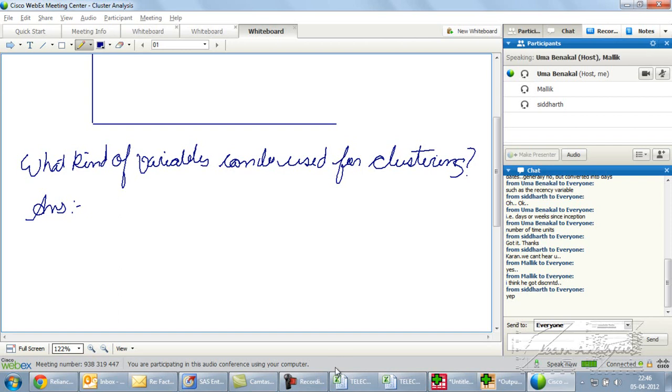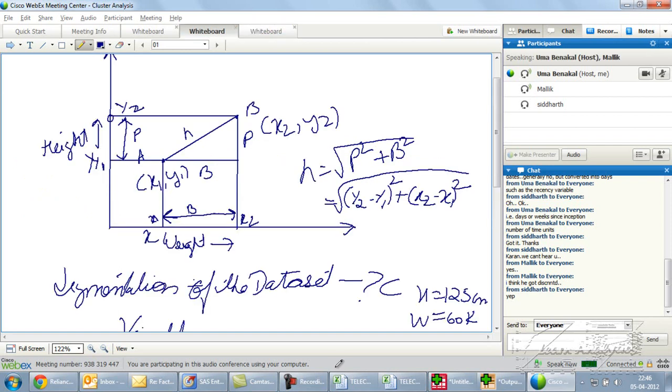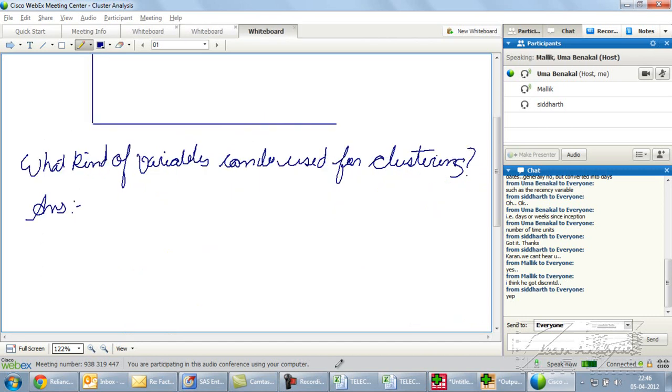Malik, I am using addition, subtraction, multiplication, and division in the formula over here, right? So this involves subtraction and then multiplication. What kind of variables can I do subtraction, addition, multiplication, division on? Continuous. If I have a categorical variable, like let's say I've got age, then height, and then something like the shirt color,